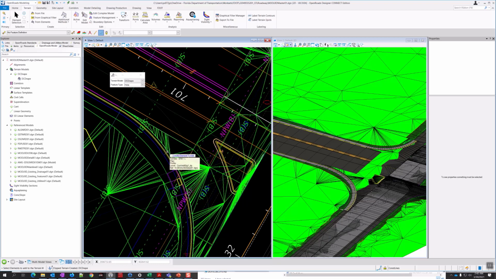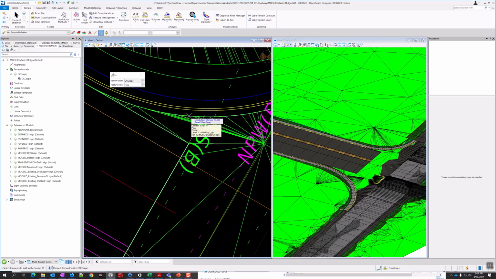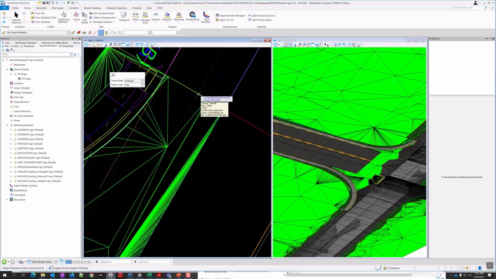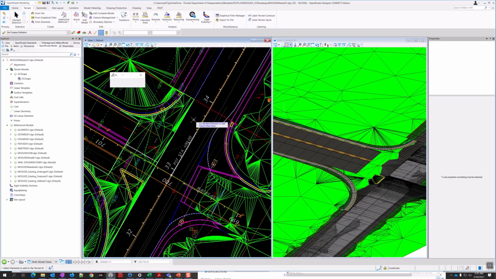So hover over this line and hit tab until you get the right element. It's going to be the one from model detail 61 with the active profile, the fillet. That's it. Do the same thing for this line here. Hit tab until you get the pavement slope break from the MODLRD detail 61. Same thing, come over here, hit tab until you get the fillet with the active profile from the model detail model. And then this other piece here that wraps around, just hit tab until you find it. It's another pavement slope break. Now I can reset when done.